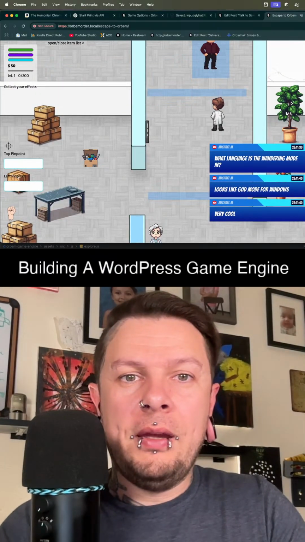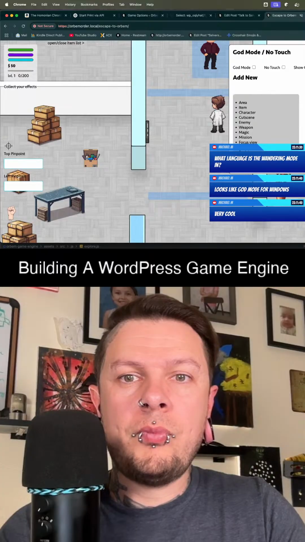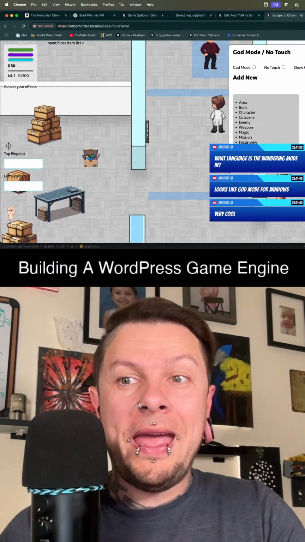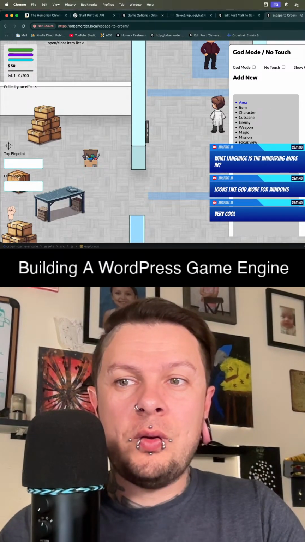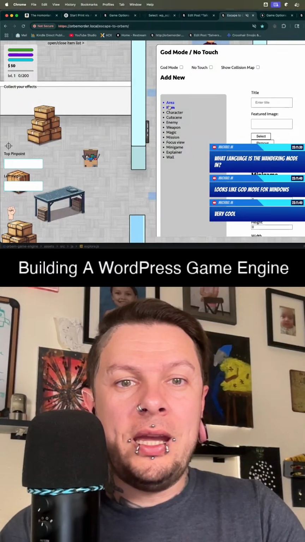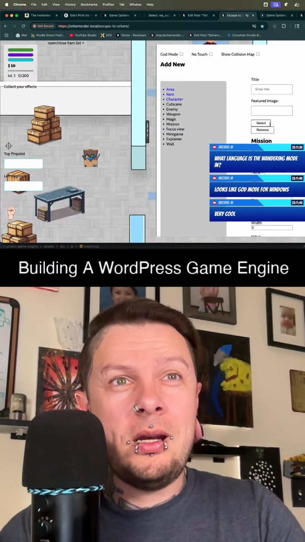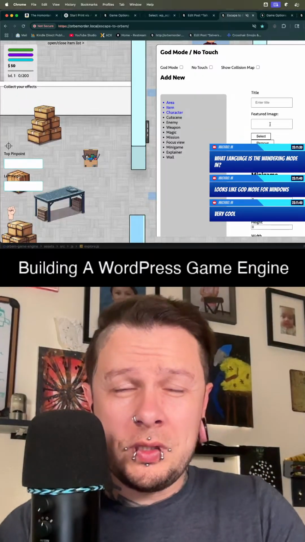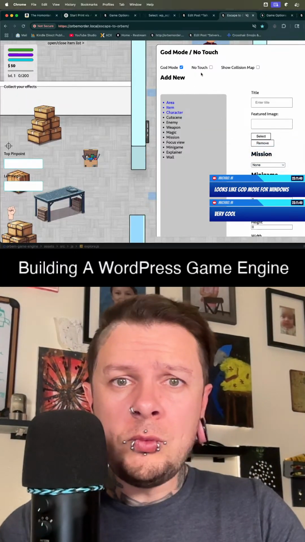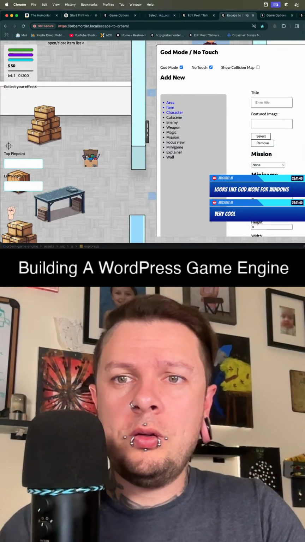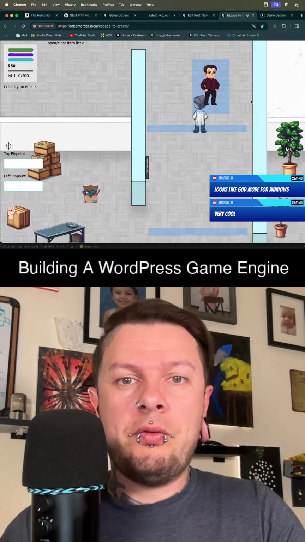And then I have a whole front end way of adding items, so I can actually add items, characters, cutscenes, all from the front end now. I'm really focusing on the game engine. You can put God mode, no touch mode, and now I can just kind of walk around and not interact